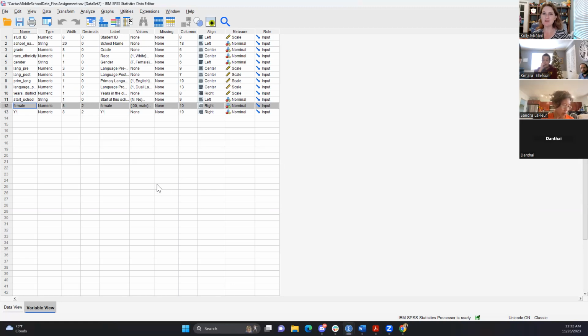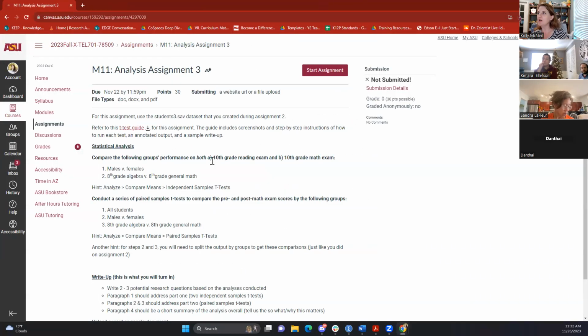We'd have to go back to the last homework. To do that, that's a t-test in order to figure that information out. Remember, that wasn't just descriptives. Wasn't that a t-test? You could do descriptives, no? Well, let's see here. This is the homework. Compare the following on both A and B, males versus females. Analyze, compare. No, it's an independent sample t-test in order to correlate that exam for males and that exam for females. That's a t-test.